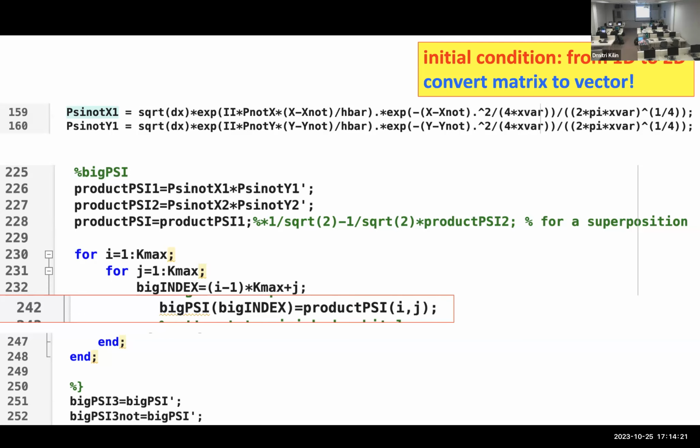So we scan points in rows and columns, and here we need to go just in one direction, right? Here we have indices i and j, and here we have the big index.